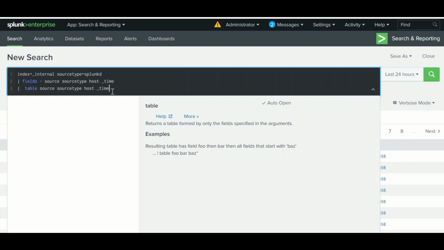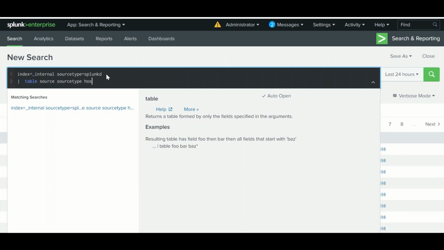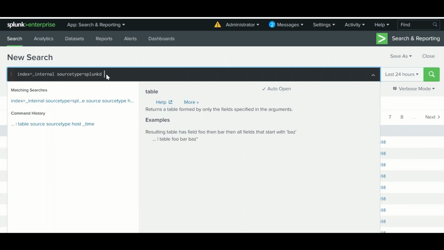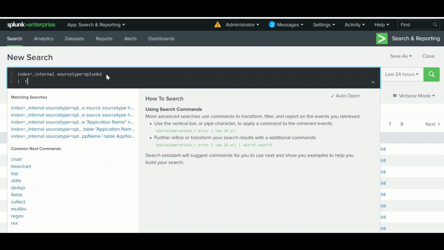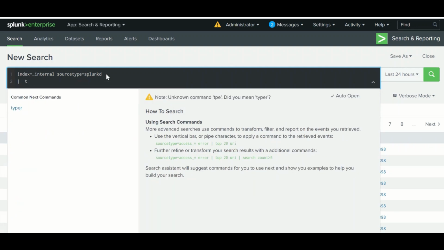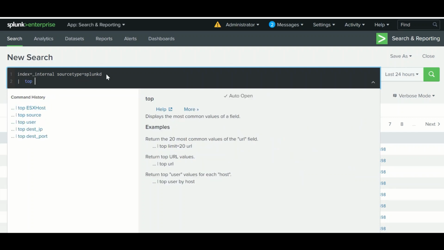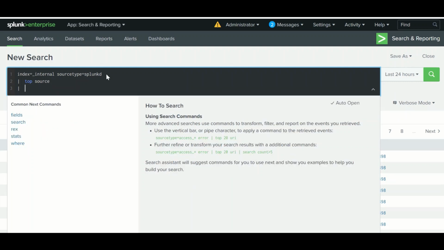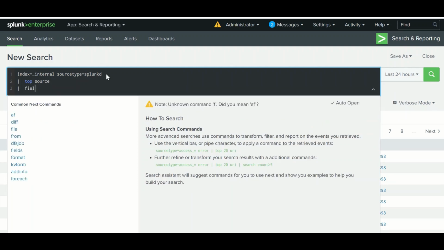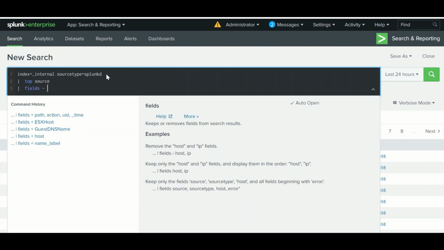Like in one of our examples, I can use it directly here: top source, then fields minus percent.